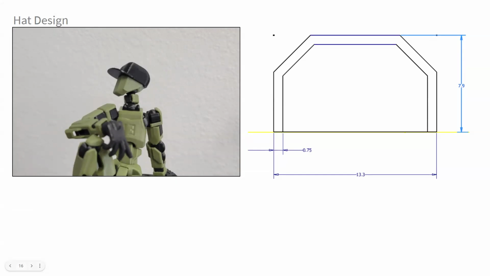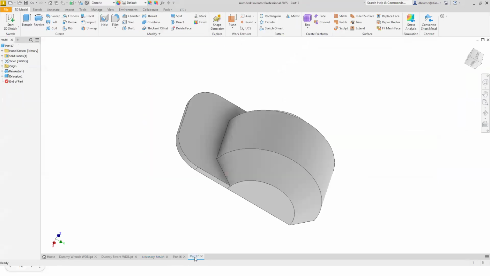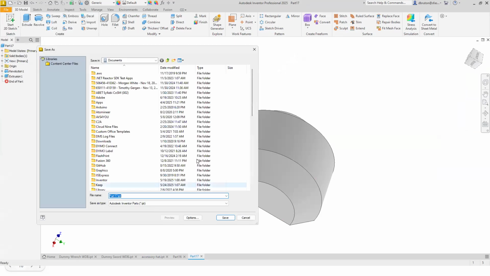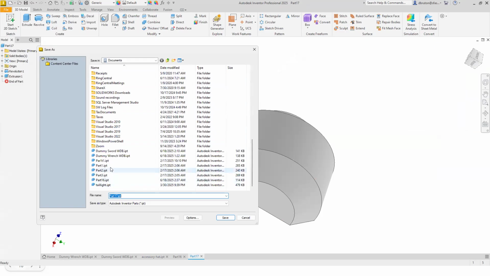Oh, by the way, if you wanted to 3D print this model right here, we'll first need to save it. So let's go File, Save, Save As, and we're going to put it down here with the other ones. We've already done a wrench, a sword, and now a hat. Have the caps lock on,